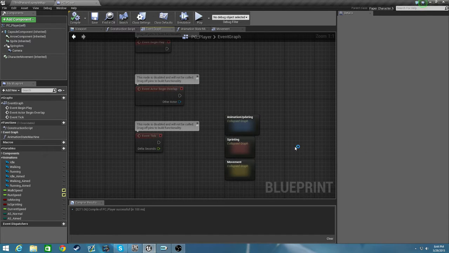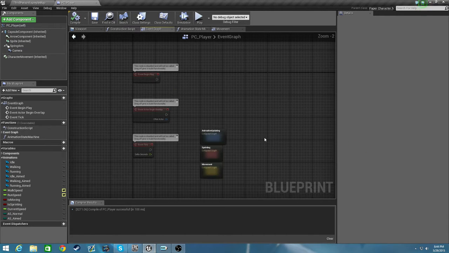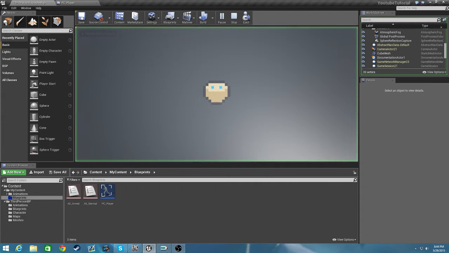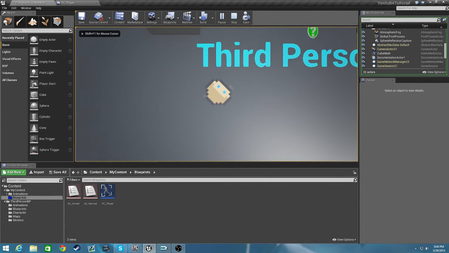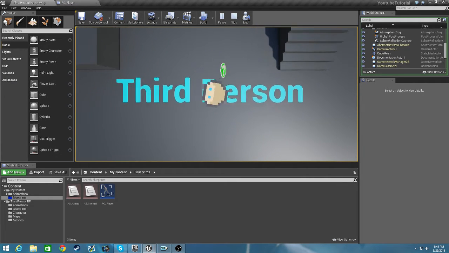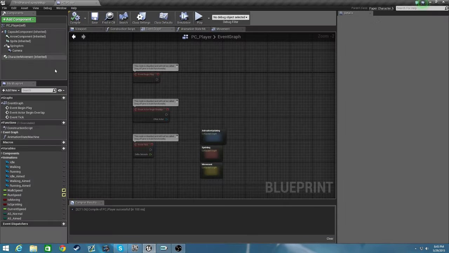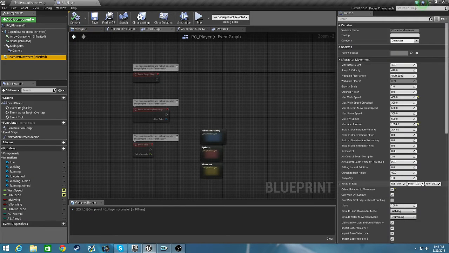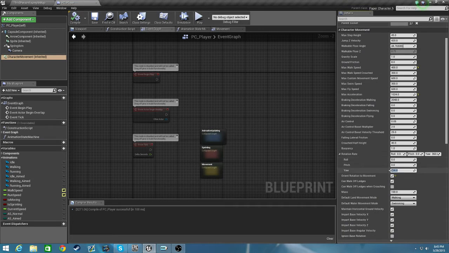Hello everybody, welcome back to my UE4 tutorials for setting up a top-down little shooter thing. So far, we've got him to move, of course. You know what? He turns too slow. So we're going to go here, we're going to change this rotation rate down here. You can see the yaw is 360, we can change that to something like